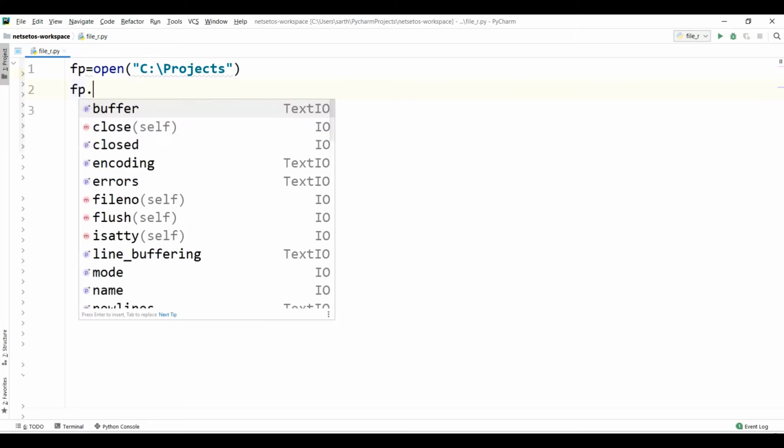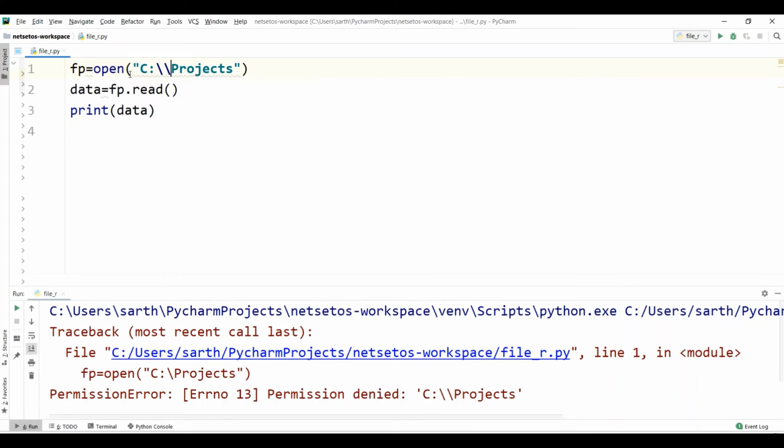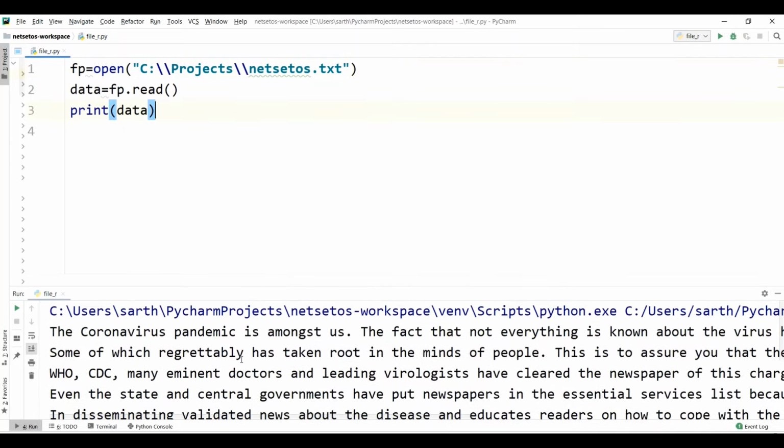Then I am supposed to read it, as the question says, and we'll save this in a variable data. When I print data, it is asking for the name of the file, netset.os.txt. So let's run it. Here it will read all the data from the text file.